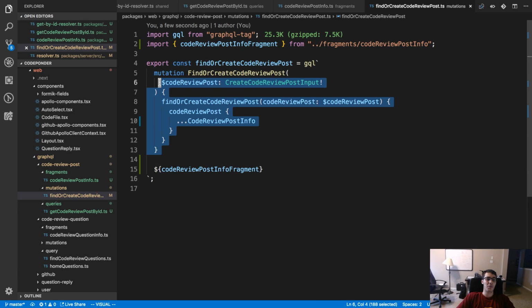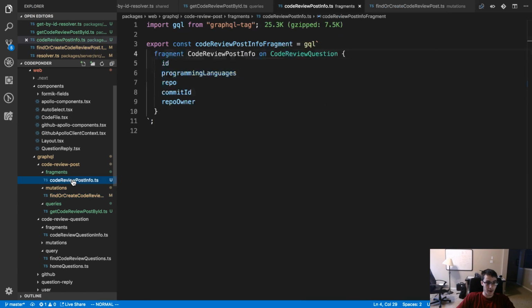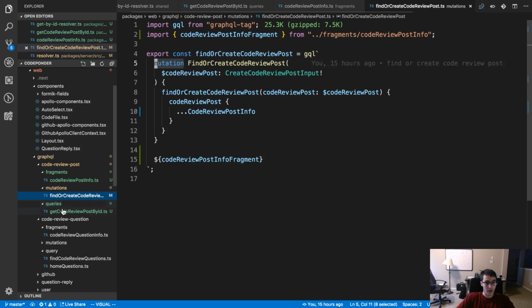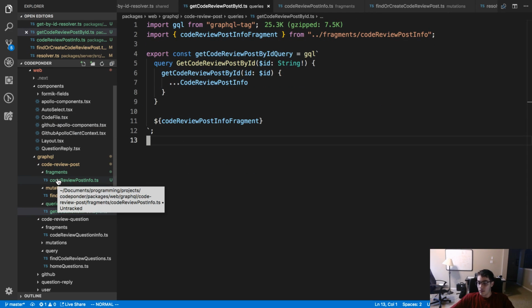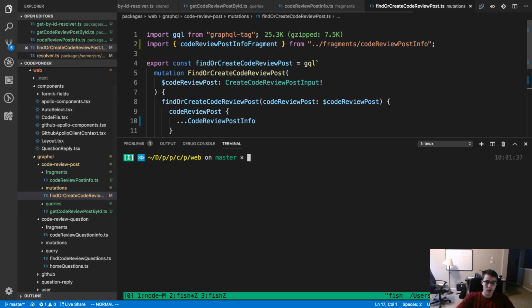Yeah, there's definitely, I feel like with web dev, there's a lot of custom functionality that needs to be created, and it's less template oriented. So basically, I'm now going to call that on a different route to fetch the code review post.